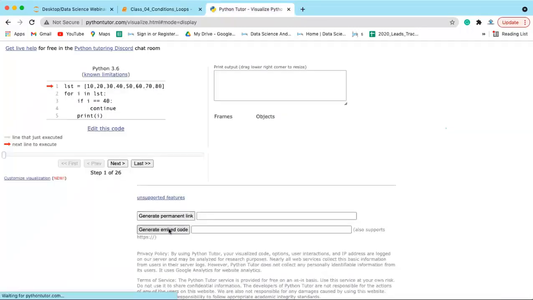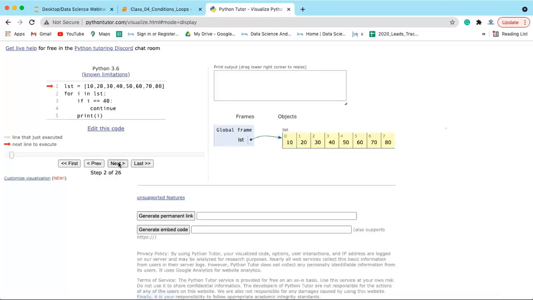if you execute this code, let's say I have LST as this and I in list. I'll be checking here if I equal to 40. This is false, so it will print 10. I will become 20, so 20 equal to 40. This is false, print 20. Then I will become 30. 30 equal to 40. This is false, print 30. Then I will become 40. 40 equal to 40. This is true.